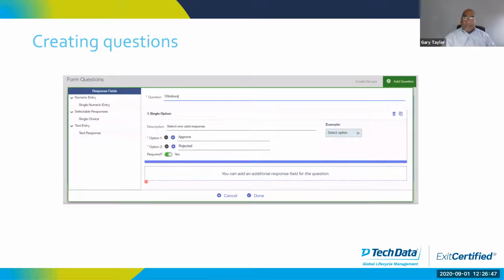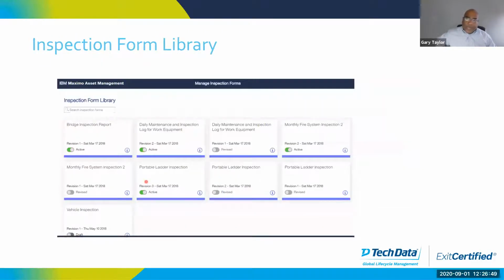We can have numeric answers. We can have situations where there's a meter value that has to be added. In a larger organization, we will create libraries of inspection forms. Some of them will be generic. Some can be very, very specific. If you're in a nuclear operation, you may have some very specific forms related to assets that are peculiar to